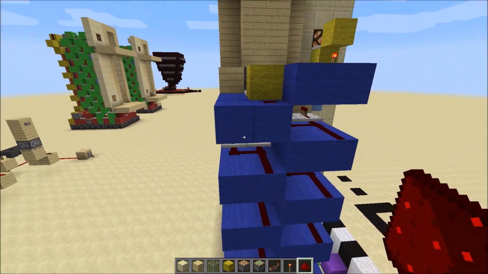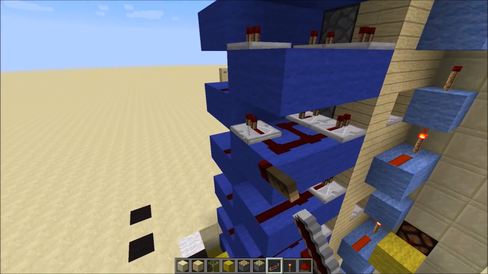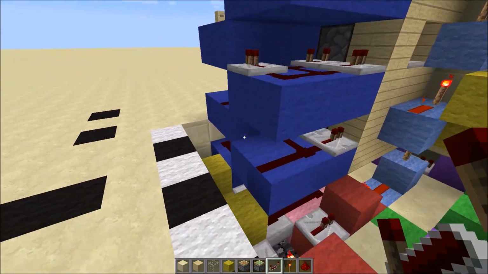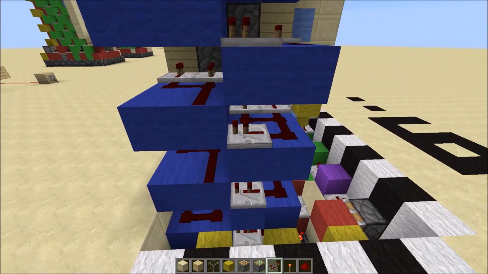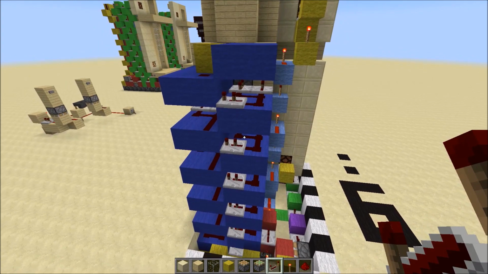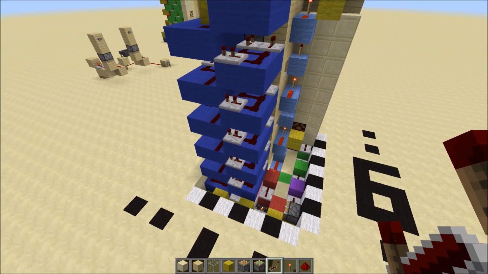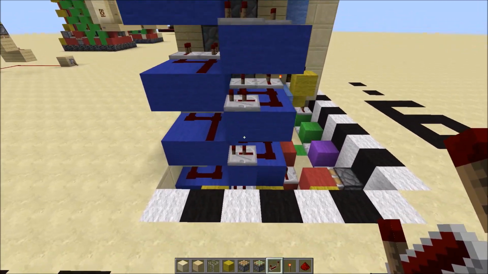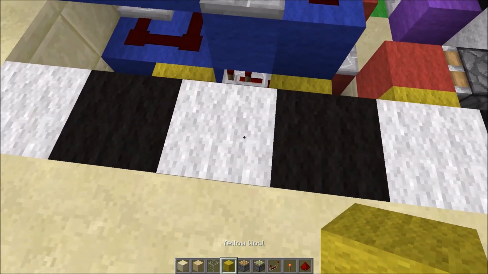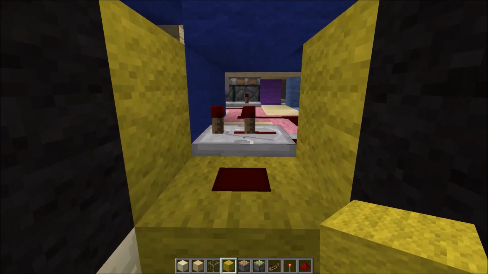Alright, hopefully that wasn't too hard to follow. So on this side, we need another set of repeaters powering the other side. This is what controls the speed between each side. So we're doing this on the high speed, and later on I'll show you how to slow it down, which is part of it. So you'll probably want to dig this area out because we're going to need access to this,